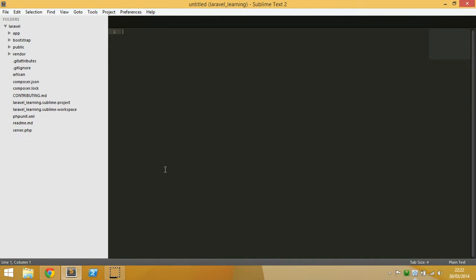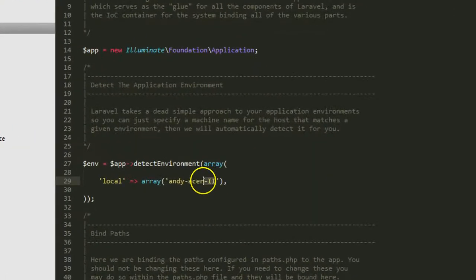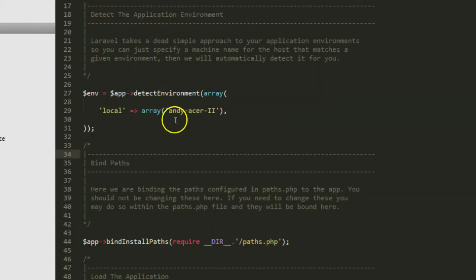So if we go to the bootstrap folder first, you'll notice in here that we have start.php, which we've talked about before, and in here I've put my computer name into this local key value pair. Okay, so what's happening here is the app is being loaded into the app variable, sorry, and then in the environment we're detecting the environment